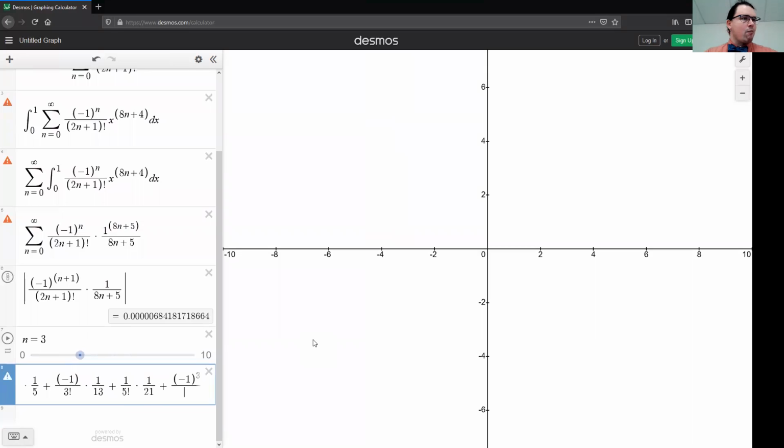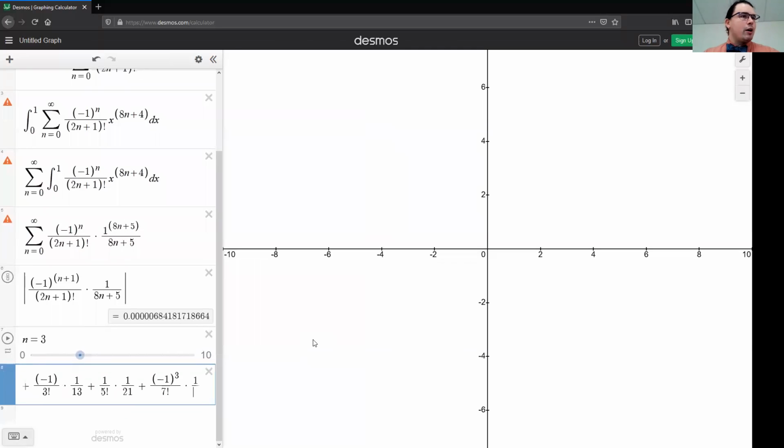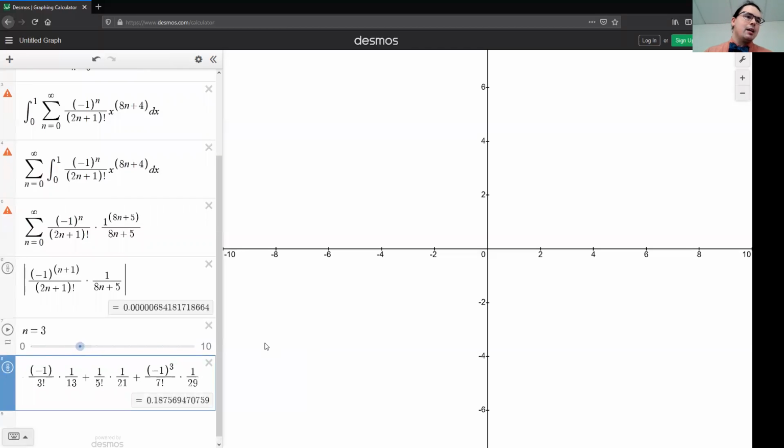My denominator for my number 3 fraction, glad that I'm saying this stuff out loud as I go, will be 7 factorial times 1 over, n is 3, 8 times 3 is 24, plus 5 is 29. So my approximation is